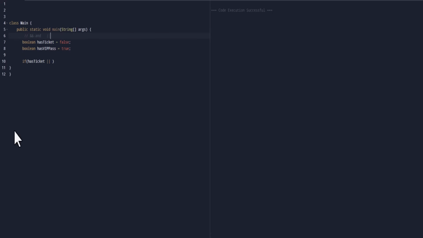This is OR, and then there is another one that we're going to focus on, but let's go ahead and use the VIP pass. Okay, so if that's the case, if it at least has to have one of those,